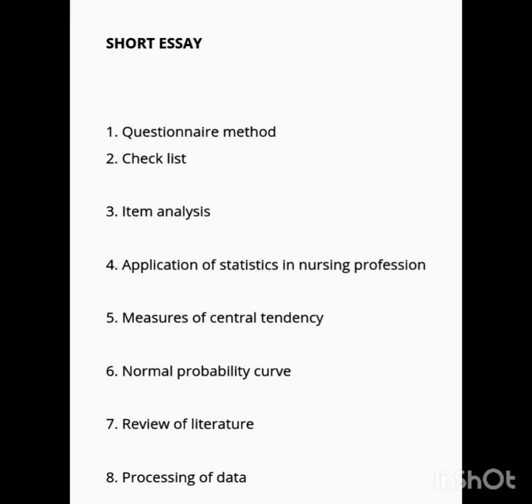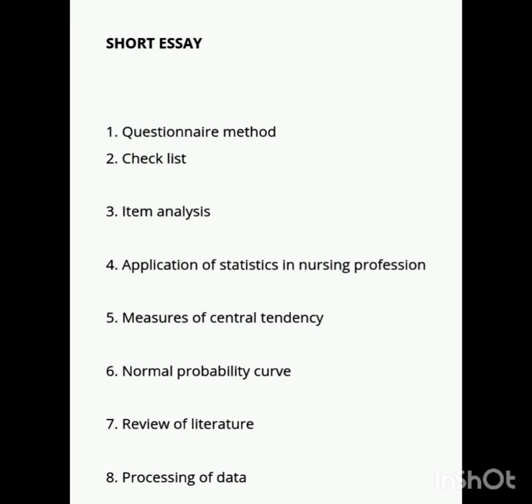application of statistics in the nursing profession. Application of statistics in nursing is for analyzing data, improving patient care and designing clinical studies. For all these purposes we need statistics in the nursing profession, and here are some examples of